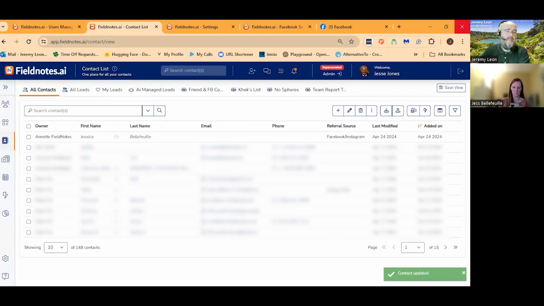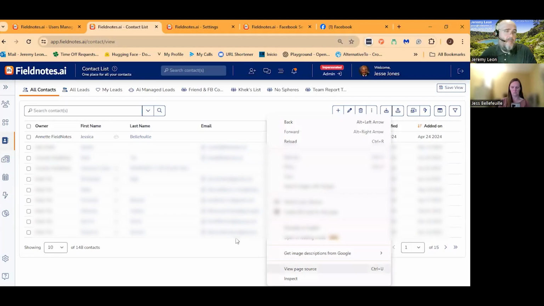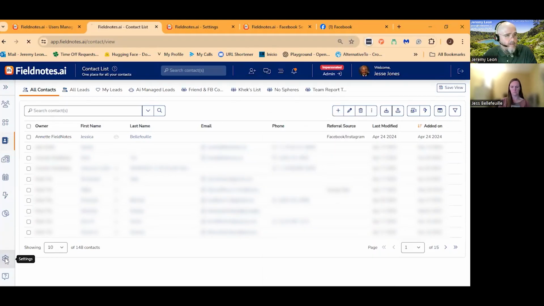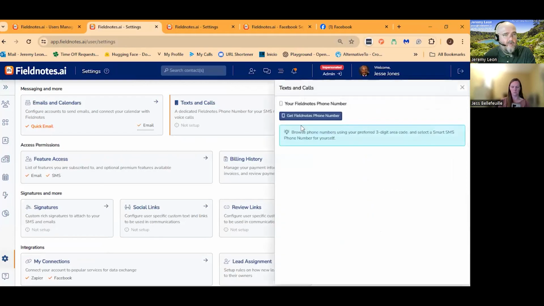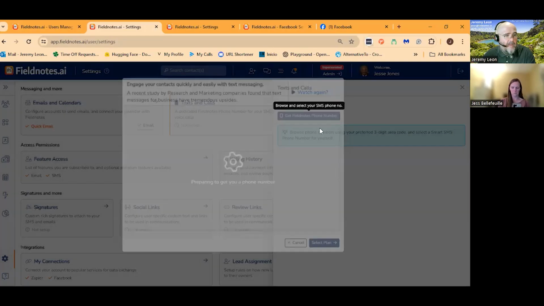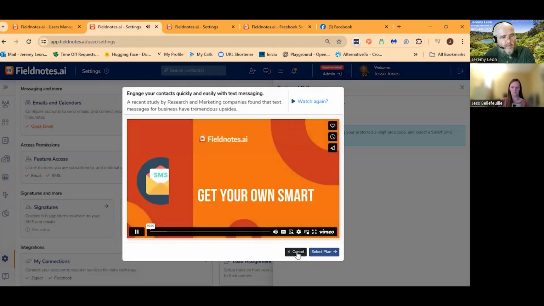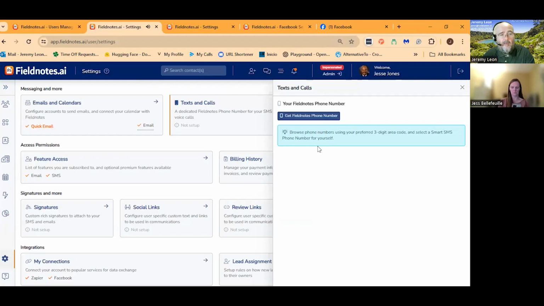One thing I see happening is agents are utilizing our texting service, right? So you can send text messages through the CRM. You can go to the settings, and if you don't have this activated, of course, you can set it up to get a Fieldnotes phone number, and then this will take you to the paywall so that you can make the selection for it. And once you've paid for it, there's also the A2P thing that you have to pay for. So there's like a connection fee. What the A2P thing is,